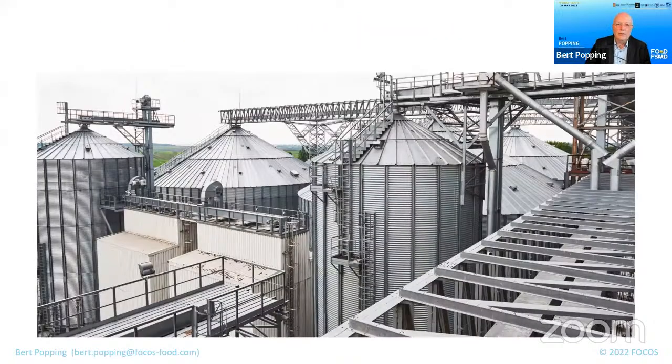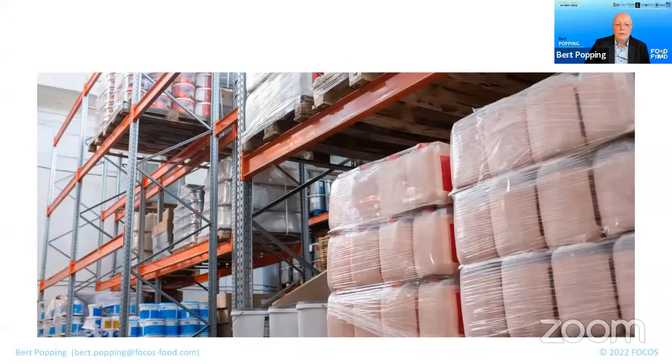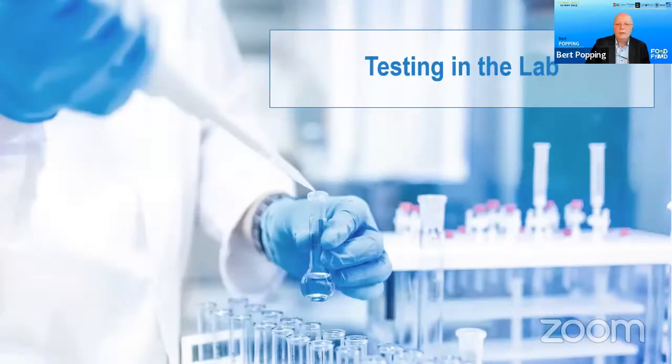Similarly, when you go as a food inspector to monitor a site, which of the tanks here would you sample from? Top, bottom, middle? Which of those canisters that you see here on the right-hand side of the picture would you sample from? This one, or maybe this one has the adulterated product, or is it this one? So random sampling is never a good approach. This is where we need to look out for alternative tests that can be done on site, that give you a very quick idea of which of the bags or containers might be the one containing